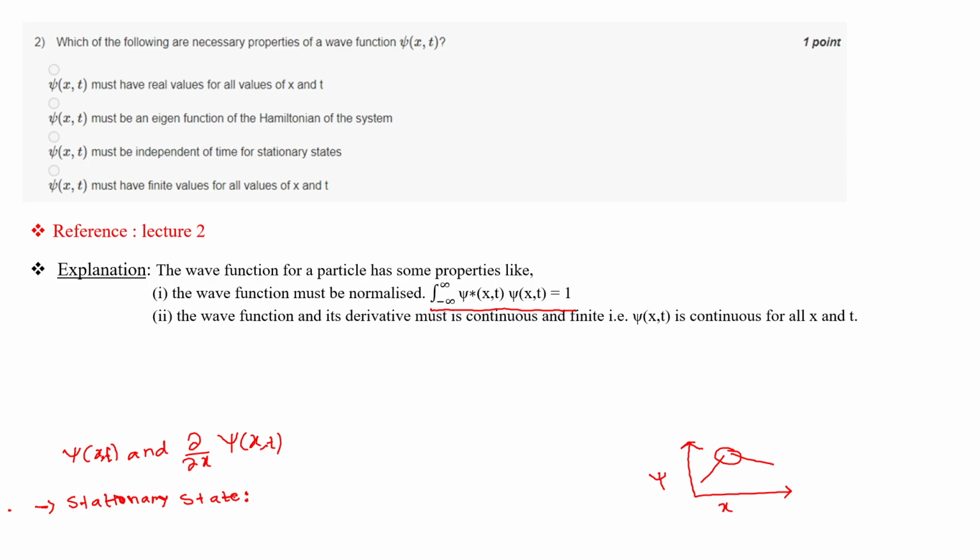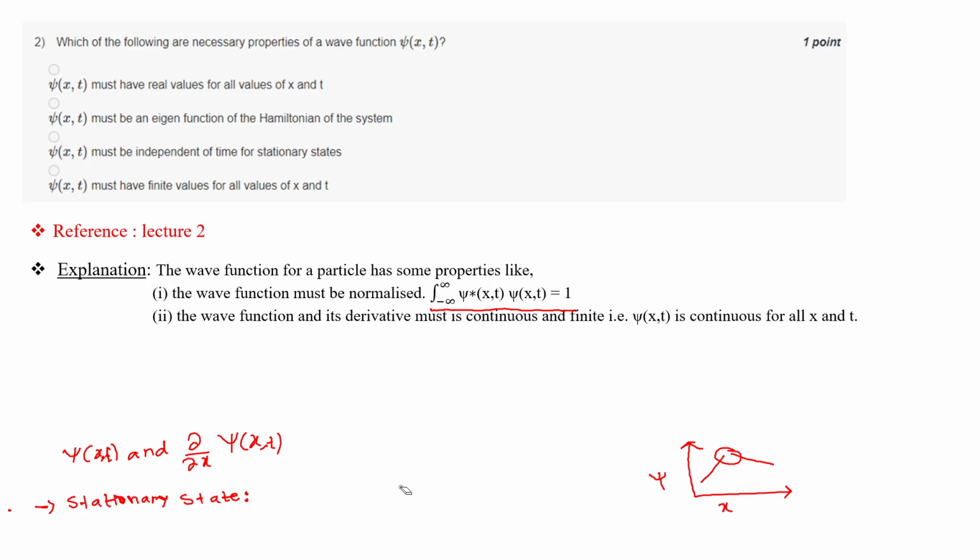Okay, but what is the problem? Psi(x, t) must be independent of time for a stationary state. Yes, what I am saying is that for a stationary state the states are independent of time. So what is the problem here? Here the problem is that psi will change. Psi will not be psi. You can see that psi is a function of x and t, so with t, psi will change.